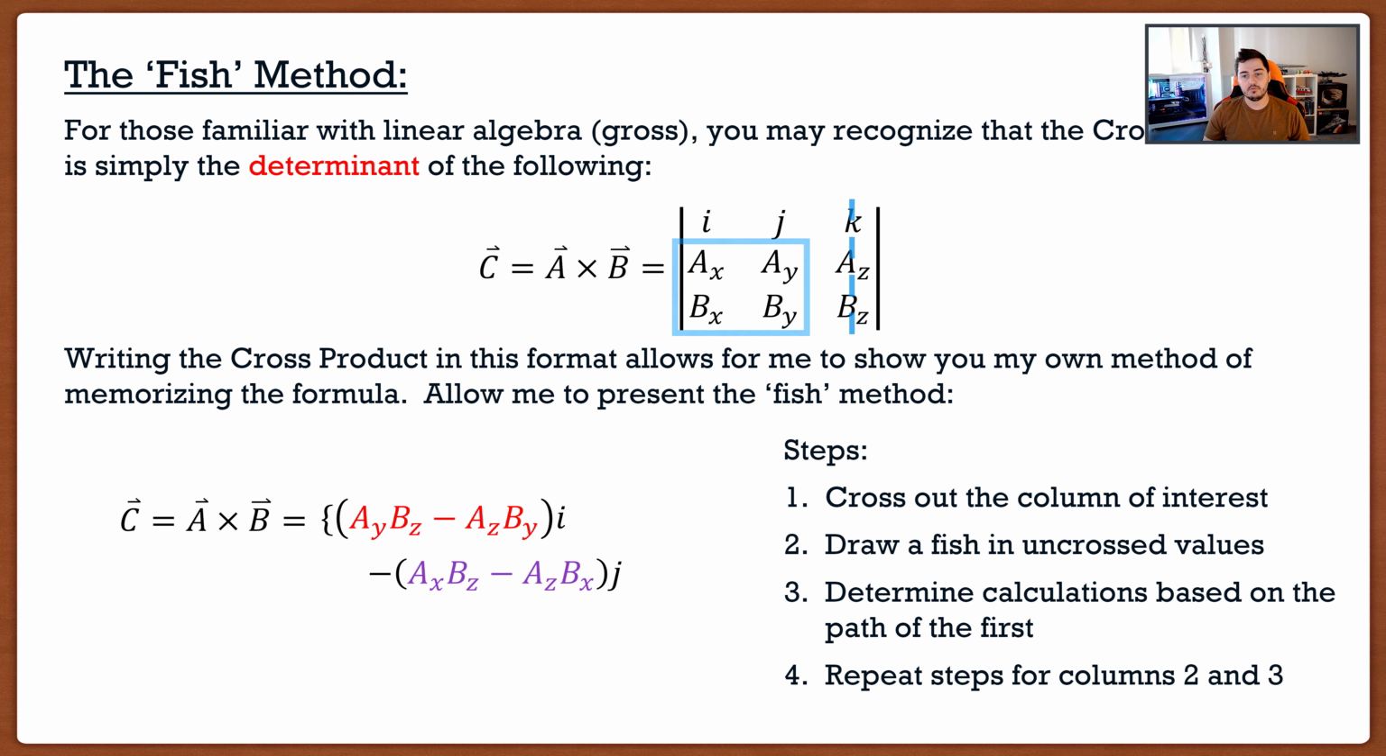And then finally, I can repeat this for the K column, where I'm going to draw my fish. I go AX times BY minus AY times BX. So if you start to remember the fish method, it's pretty easy, and it's a little bit controversial because a lot of the students in my class, including myself, we call it the Jesus fish. Because if you look on those bumper stickers, those Jesus fish, I don't know exactly what they're called,